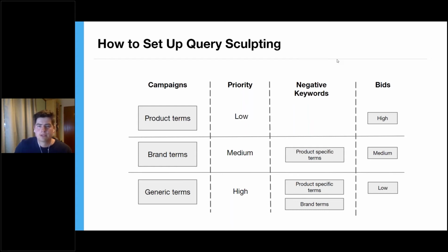You're then going to have a brand terms campaign, which is going to be trying to pick up the mid-level ones where you've got, say, Adidas running shoes as opposed to Adidas Swift running shoes. This will be set to medium priority. Your bids will be medium, and you'll actually use negative keywords to exclude the specific product terms from